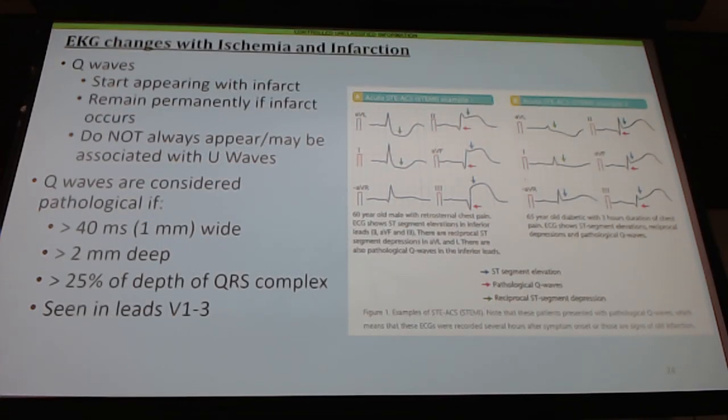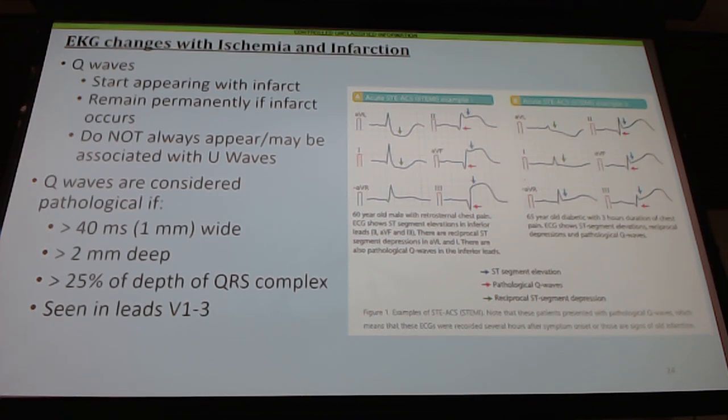Now, one of the other things you may see on your EKG in the setting of an ST elevation MI is Q waves, or pathologic Q waves. These are not very useful in the acute setting because these typically come on 8 to 10 hours after the injury occurred. So great, historically I can see that this patient had an ST elevation or had a heart attack,